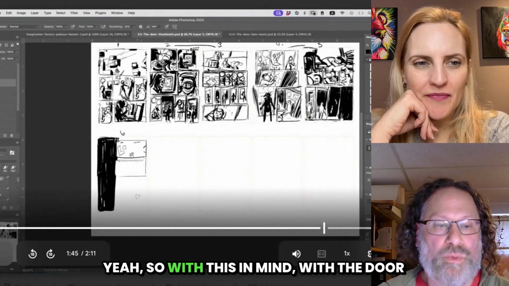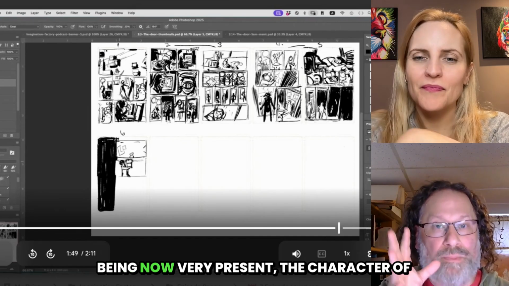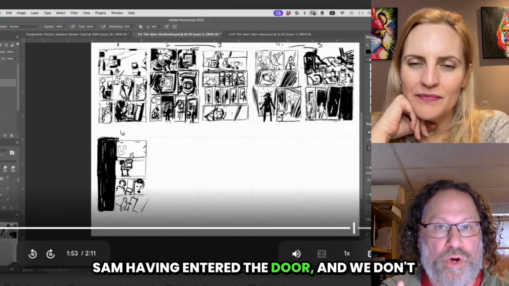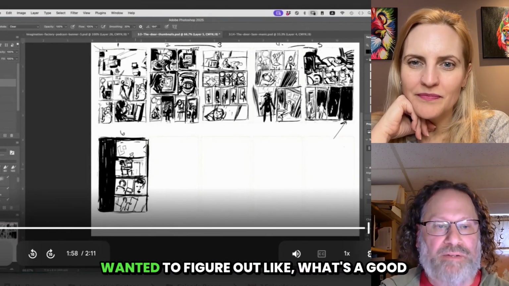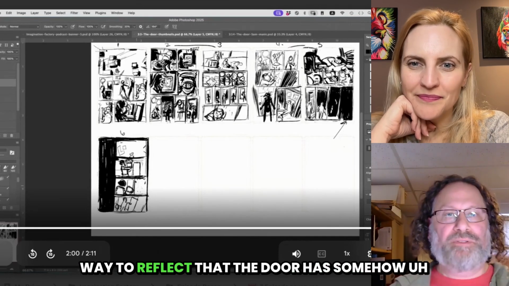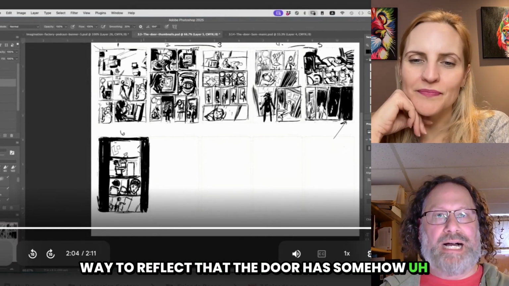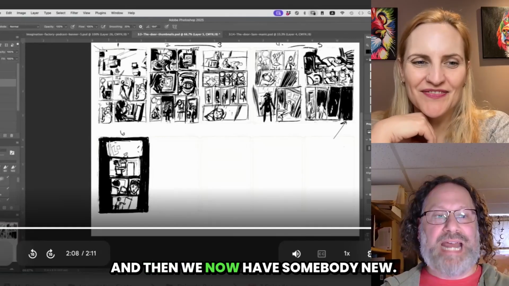So with this in mind, with the door being now very present, the character of Sam having entered the door, and we don't know actually what happened to Sam, I wanted to figure out what's a good way to reflect that the door has somehow taken over, and then we now have somebody new.